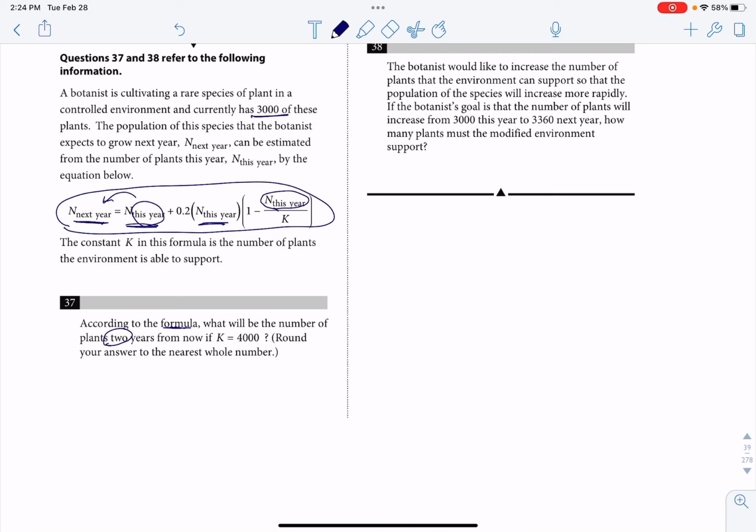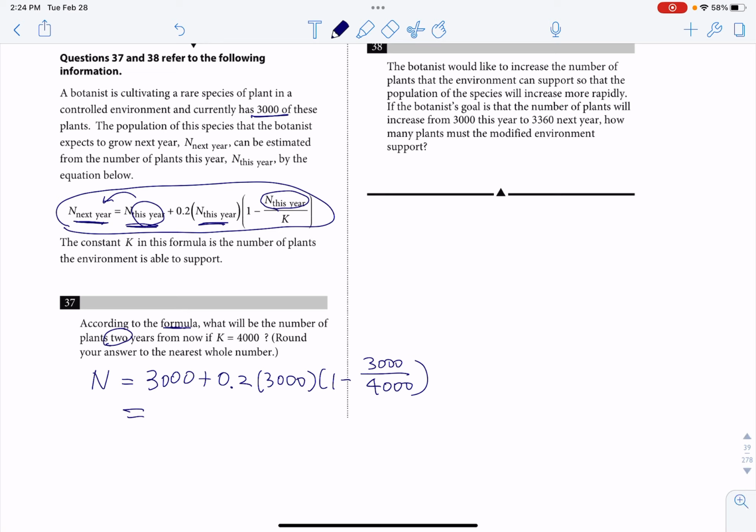So I can find that next year's plants will be 3,000 plus 0.2 times 3,000, and then 1 minus 3,000 over the K value of 4,000. And you plug it into the formula,